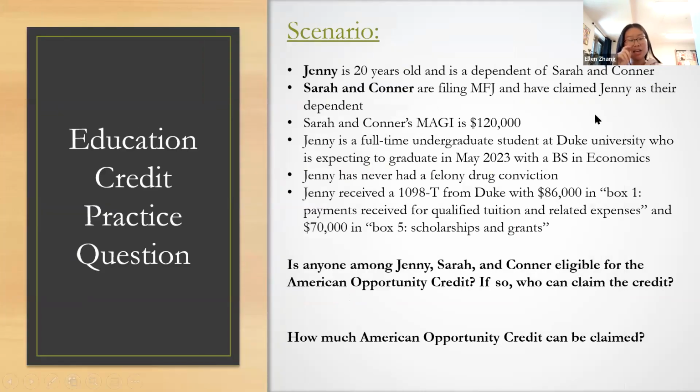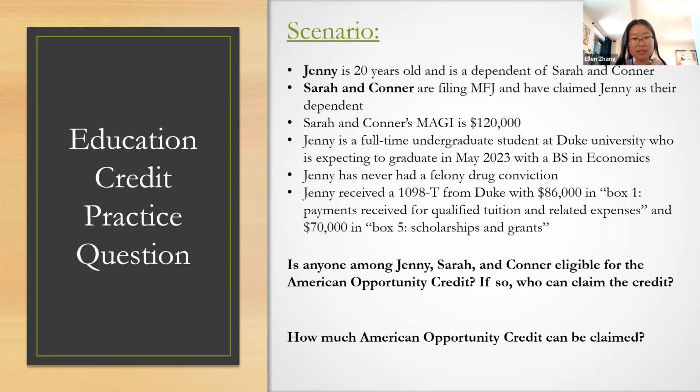So here's a scenario. We have Jenny, who is 20 years old and is a dependent of Sarah and Connor. Sarah and Connor are married filing jointly this year and have claimed Jenny as their dependent. Their modified AGI is $120,000. Jenny is a full-time undergraduate student at Duke University and is expecting to graduate in May 2023 with a